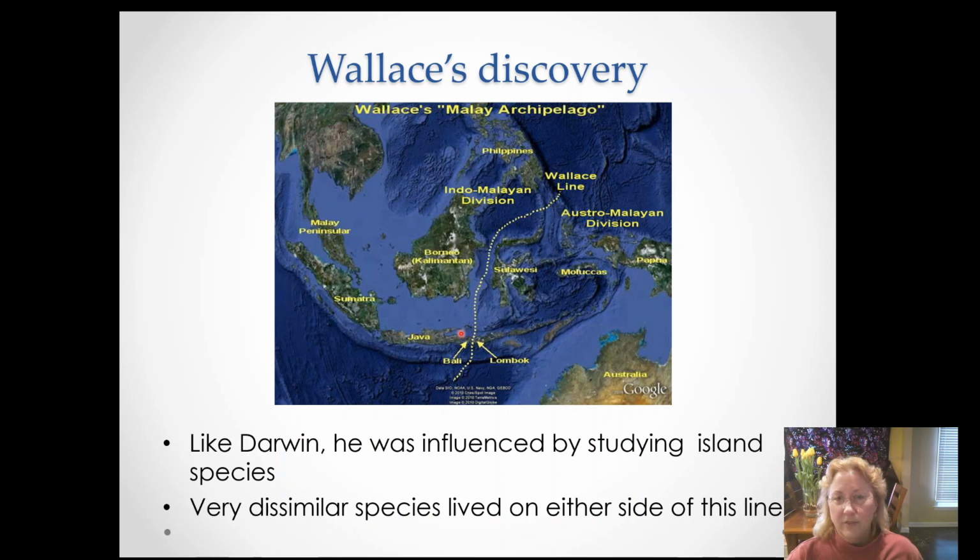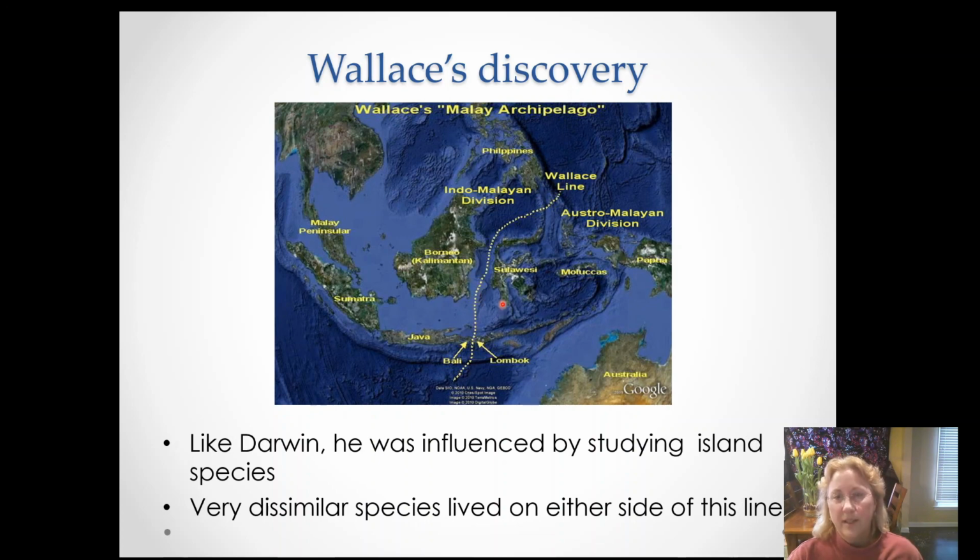And what he discovered was that on the east side of this line, the birds and mammals that you find are more like the birds and mammals that you find in Australia. So marsupial mammals like wallabies. And on the west side of this line, you find mammals and birds that are more like what you find in Asia. And he did not know the reason why this